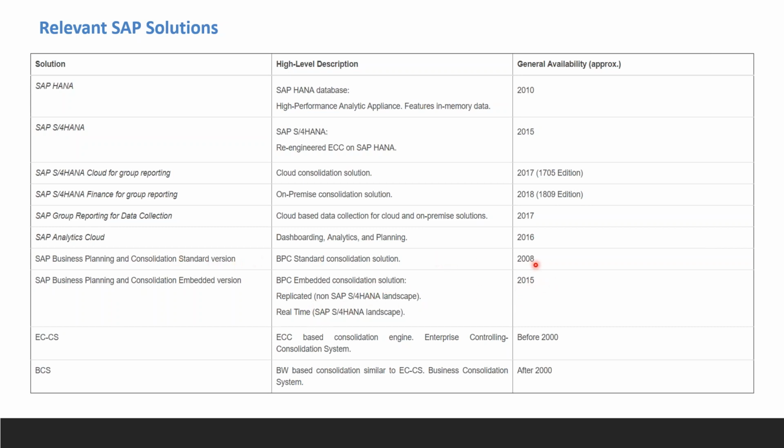The consolidation standard version is 2008 only, Analytics Cloud 2016, and group reporting for data collection in 2017. And S/4HANA Finance for group reporting, the on-premise solution, came from 1809 onwards, and the cloud version came one year earlier, in 2017. And this S/4HANA, everyone is aware, came from 2015 onwards. So 2010 is the base for the HANA database.